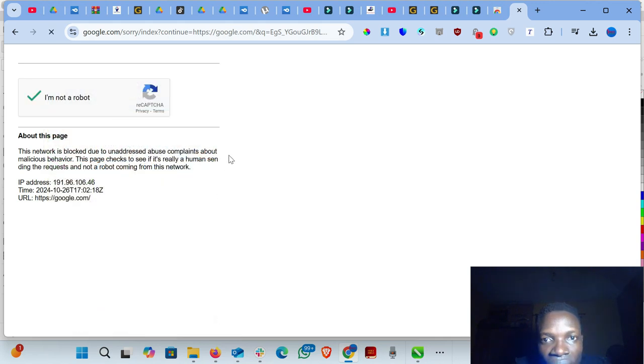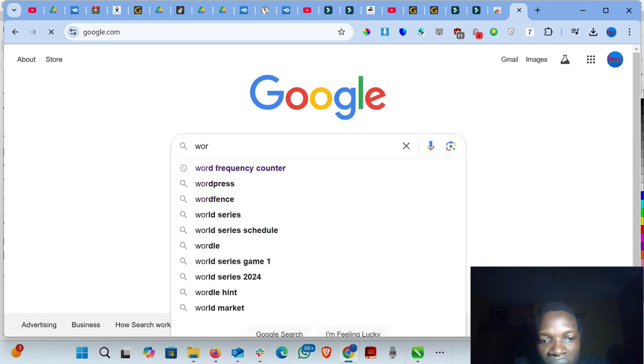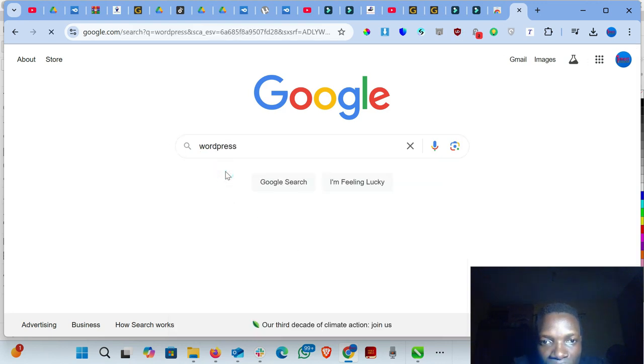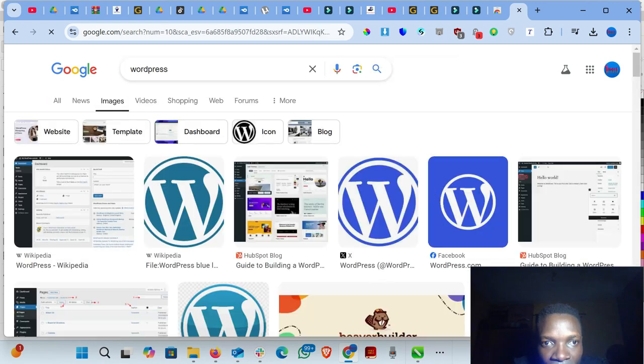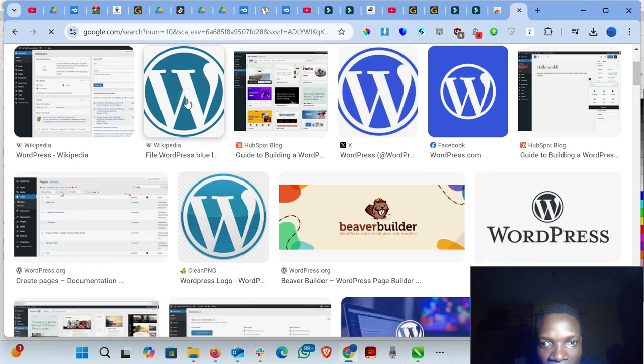So once it's done, what you're going to be doing now is to write WordPress, and then go to images here, select the images from Google. Then I think this is the logo. You can download this logo, select this logo, and